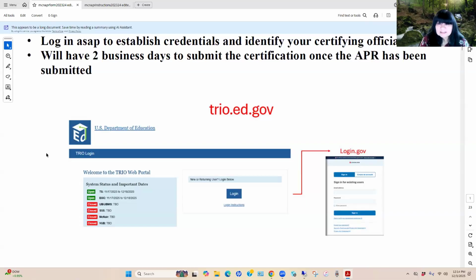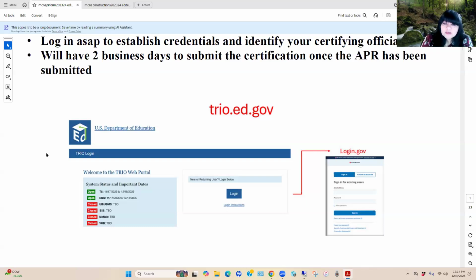So we've tweaked it to indicate that this is the 24-25, what we're expecting to be modified for the APR. So please take a look at those instructions. However, once the APR website goes live, you'll definitely want to download the actual instructions, in the event that there are any changes and or anything that we haven't anticipated yet.